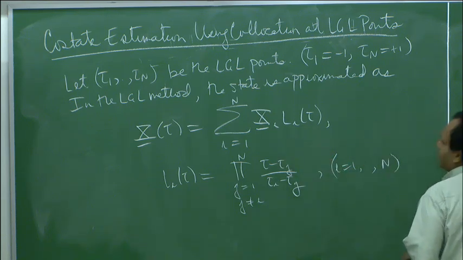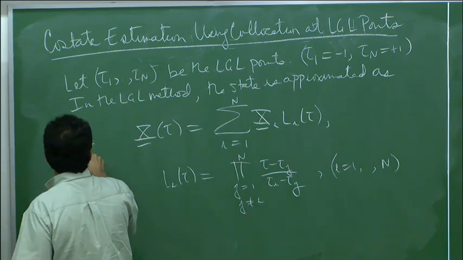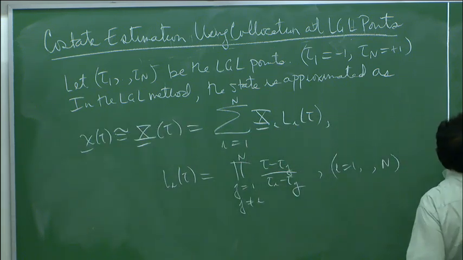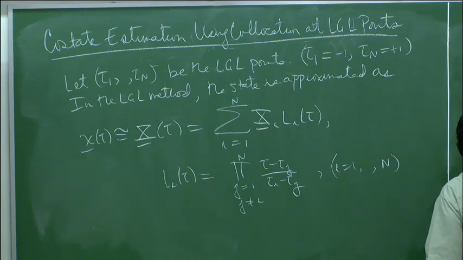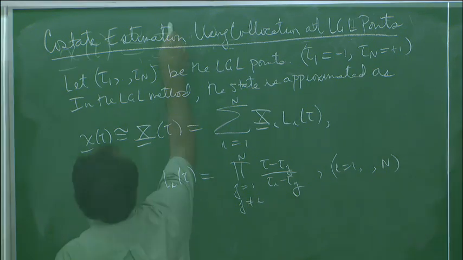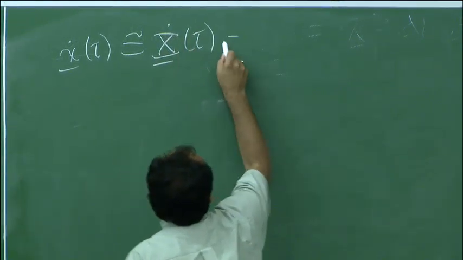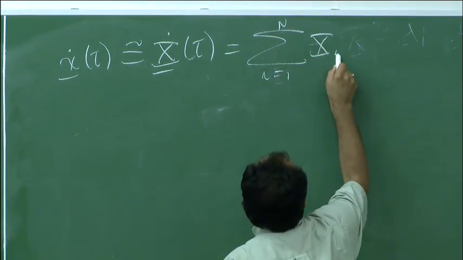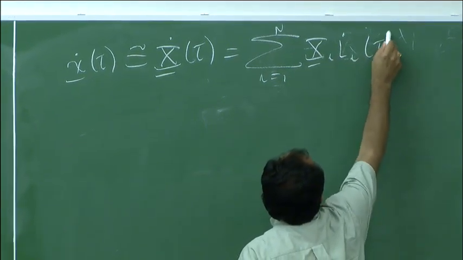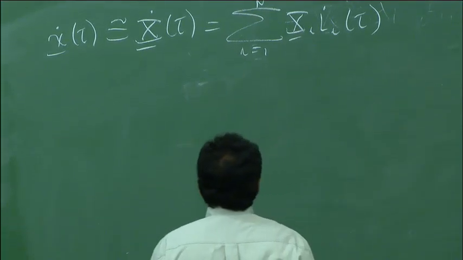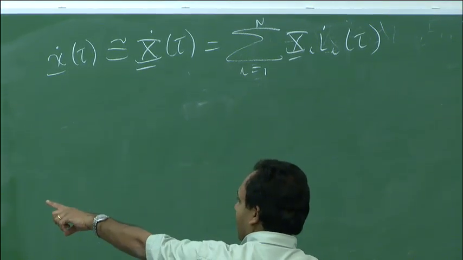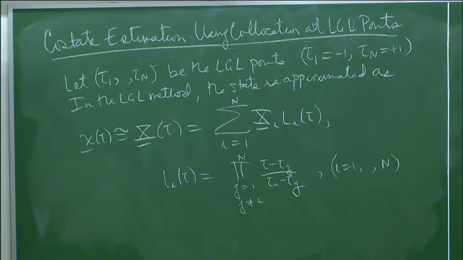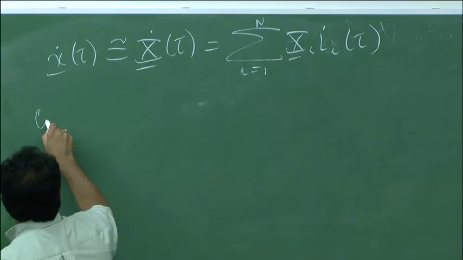And when we differentiate it, so I should complete this picture here, x of tau is approximated as that. So x dot of tau is going to be approximated by capital X dot of tau, which is going to equal the sum from i equals 1 to n of x_i l_i dot of tau. Now, if you look at that, again, that's a polynomial. The original state approximation is a polynomial of degree n minus 1. So this is a polynomial of degree n minus 2. So then we collocate